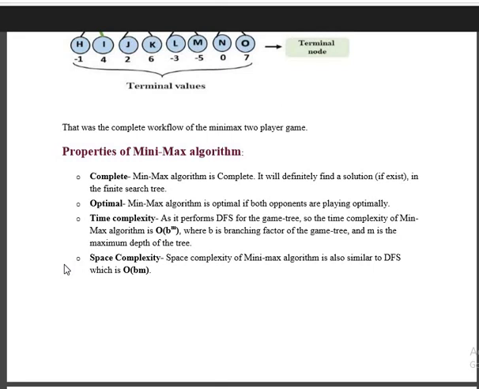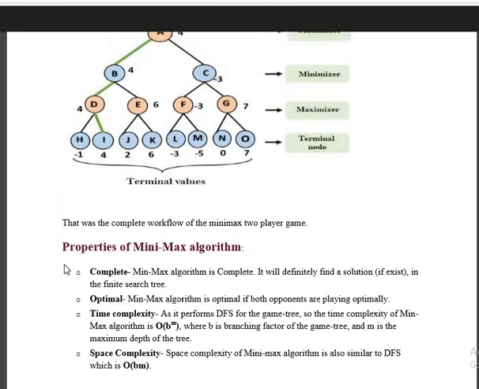So is there any completeness? Yes, when we find the goal state, then definitely this searching tree is going to be fruitful if we can reach the goal state. Whenever we make a change from one state to another, completeness is also important, because whenever you make a move from one level to another level, some of the states also change their positions. Minimax comes under the criteria of a complete algorithm. It will definitely find a solution if one exists, and it is also fruitful for a finite search tree.